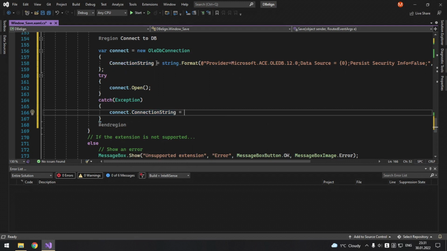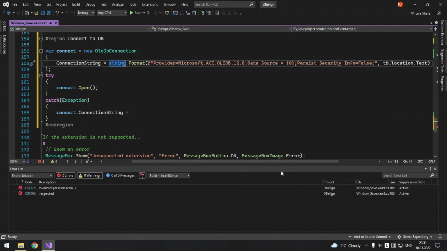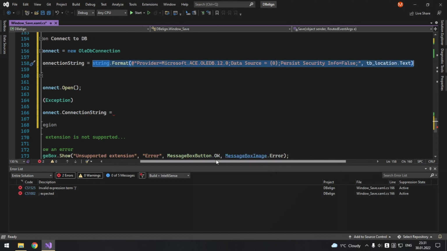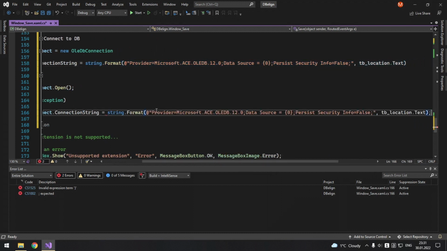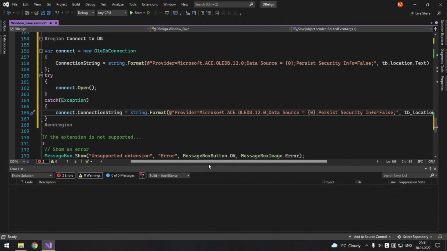So just copy this line, put a semicolon at the end, and you will just change here Microsoft, well, Jet OLEDB 4.0, which is a much older version of it.